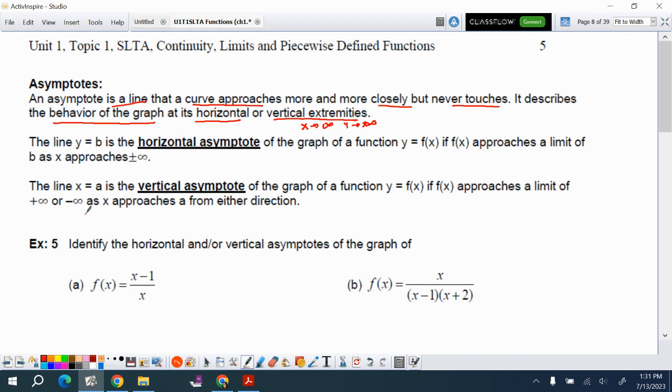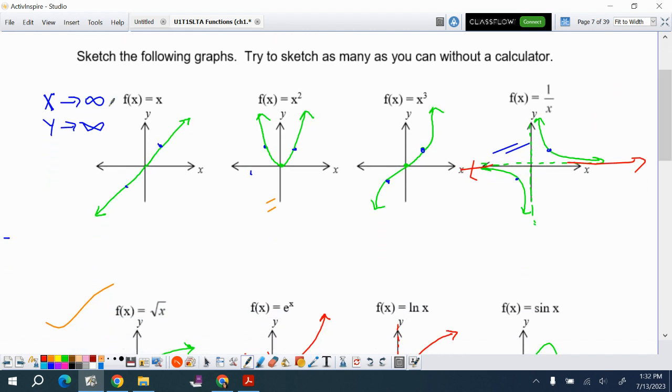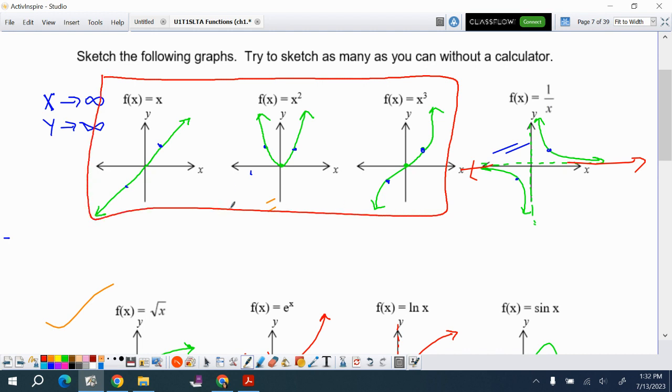So before we look at rational functions or any other functions, let's take a look at the basic functions. Which kinds of functions have asymptotes and which do not? In your packet, you have a warm-up paper with basic functions, which we look at. So f of x equals x has no horizontal asymptote and no vertical asymptote. In fact, no polynomials have any kind of asymptotes because the graph keeps going forever, never leveling off